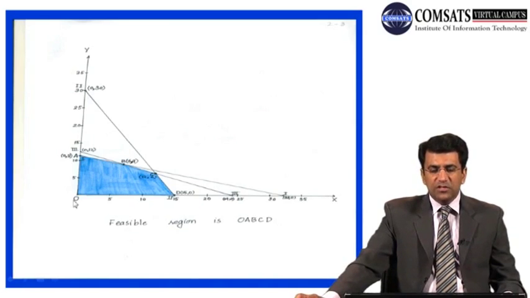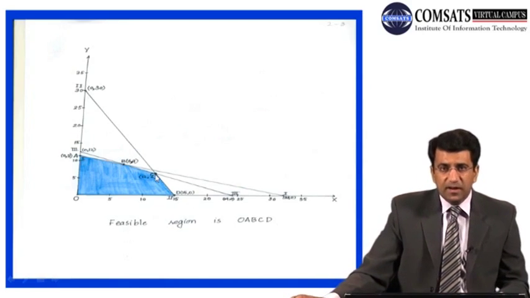What are the corner points? O, A, B, this particular point C, and this particular point D. Now again, we know the coordinates of O, 0, 0, coordinates of this point A, that is 0, 11, and the coordinate of this corner point 15, 0 on this feasible region. But we don't know the 2 points, that is the point B and the point C.